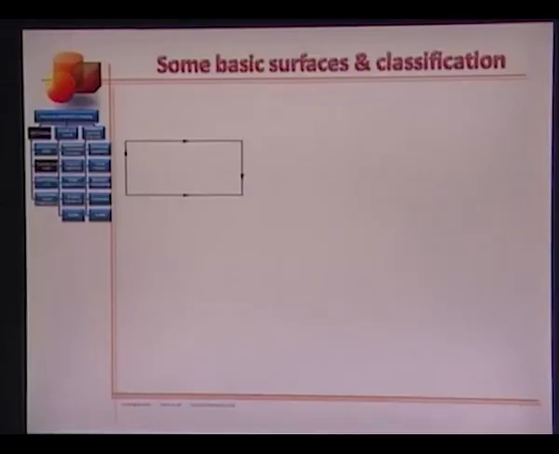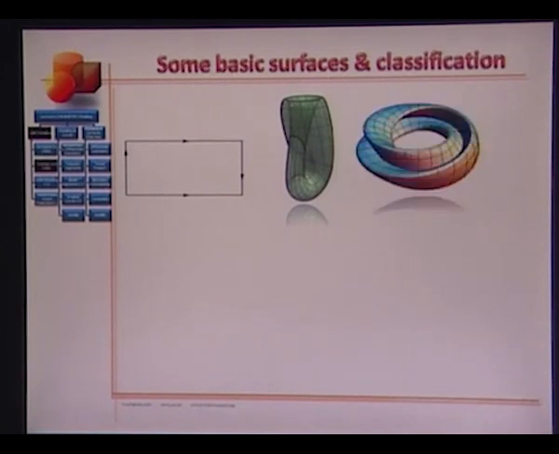Now let's look at some other basic surfaces. This is a Klein bottle. Equivalently, it's also a figure 8 projection. Klein bottle and the figure of 8 projection. How do I get a Klein bottle from a rectangular strip? Well,